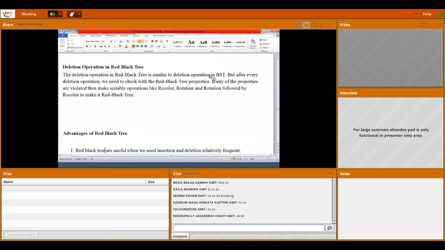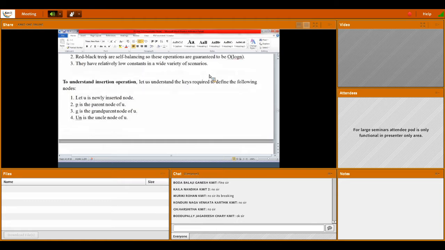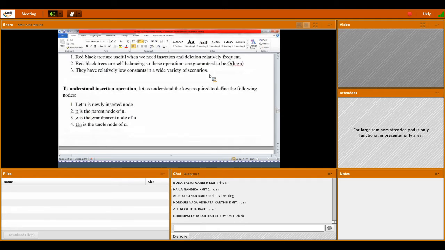Before going to the insertion operation, deletion operation, recoloring, and rotation followed by recoloring, first you see what the advantages of this red black tree are when we need insertion and deletion frequently. Whenever you are using a BST in an application where insertions and deletions are more important than other operations, red black trees are self-balancing, so these operations are guaranteed.